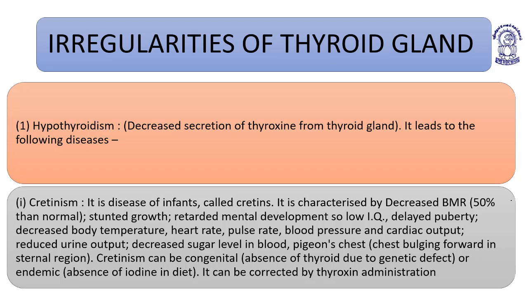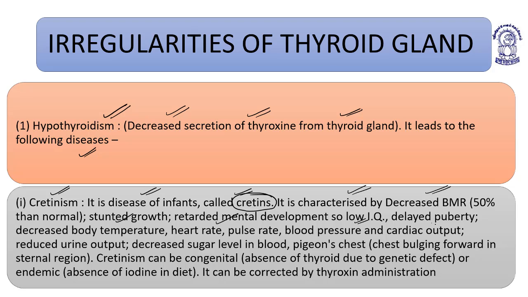Irregularities of thyroid gland: hypothyroidism, decreased secretion of thyroxine from the thyroid gland. It leads to the following diseases. First is cretinism. It is the disease of infants called cretins. It is characterized by decreased basal metabolic rate, 50% lower than normal, stunted growth, retarded mental development, low intelligent quotient,